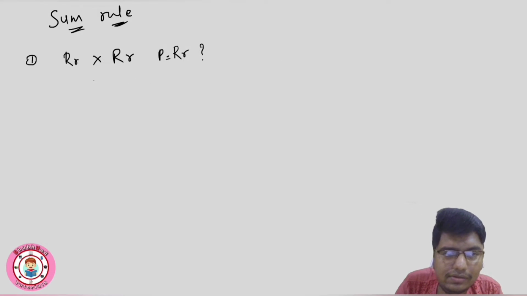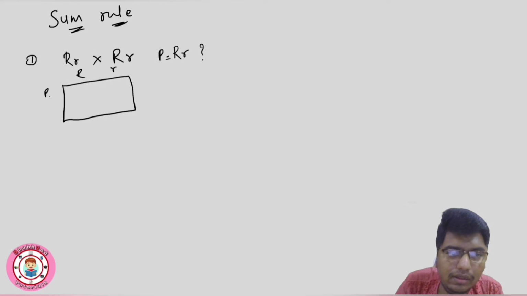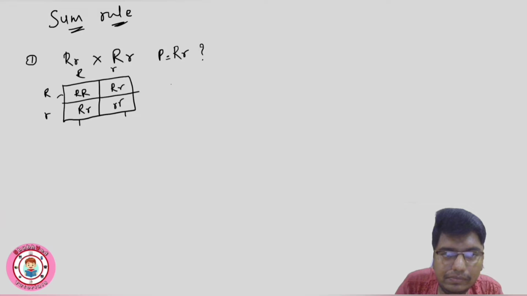Now we know that from this, we know this and this, when 1 upon 4, 1 upon 2 will be there. Orally you can understand. But let's see with the formula. With the help of Punnett square, we will try to draw capital R, small r. This will be capital R, capital R, small r, capital R, small r, small r, small r. So this is 1 upon 4, this is 1 upon 2, and this 1 upon 4. So let's get started.